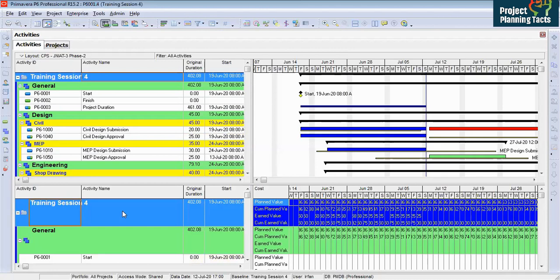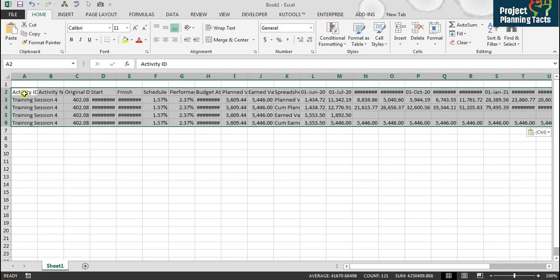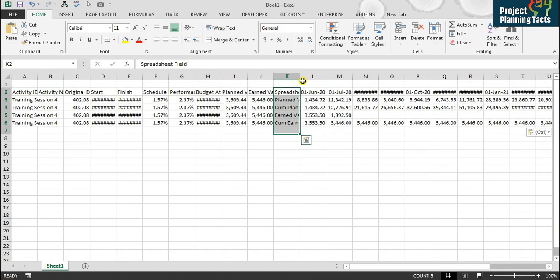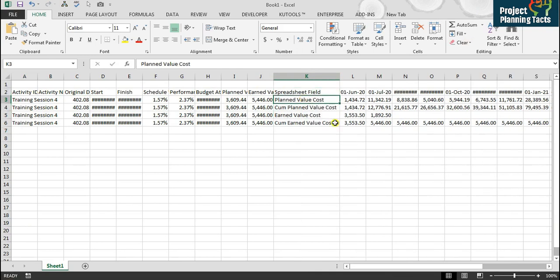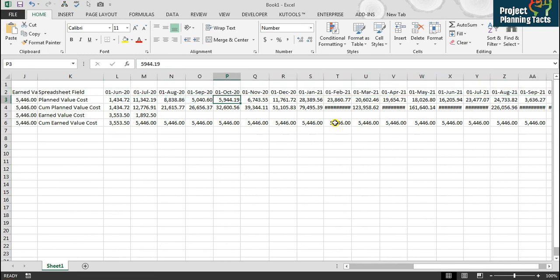And then I have to go to Excel again, and I will paste it here. Spreadsheet options, which is having planned value cost interval, then cumulative, then earned value cost interval, and then cumulative. And here I have got months, and accordingly I have got the units.